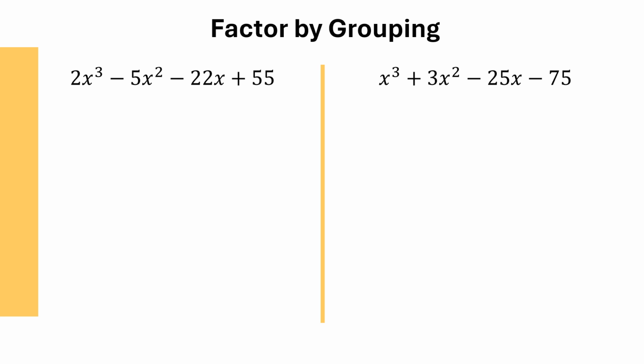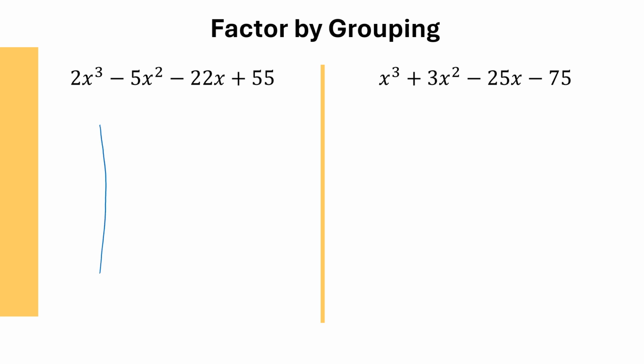Before you can factor this by grouping, make sure you look for the greatest common factor that can go into 2, 5, 22, and 55. And then for the variables, you look for the smallest exponent. Since there's no GCF for this problem, I can go ahead and find the factors using